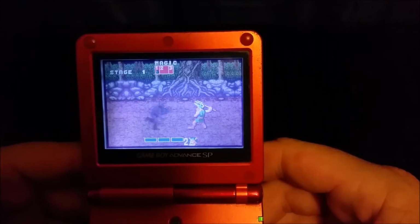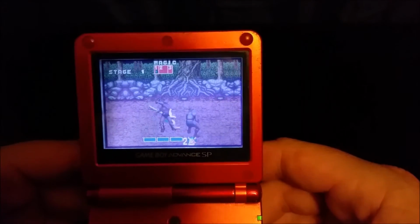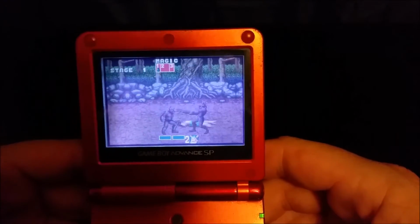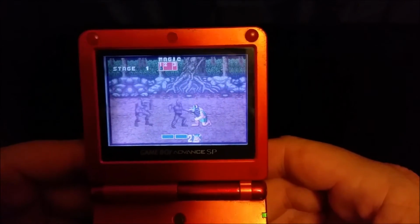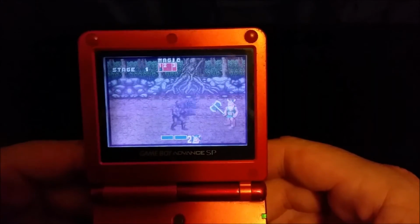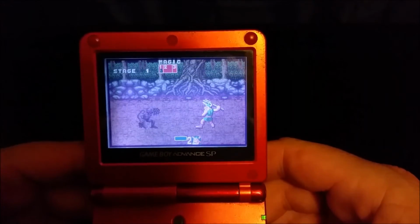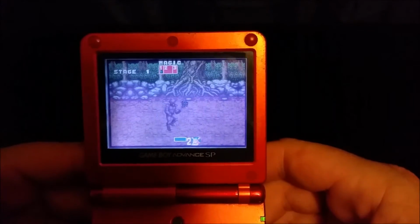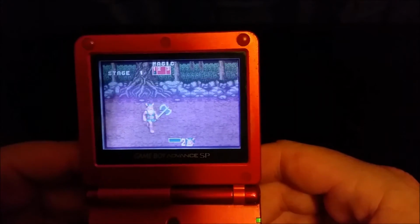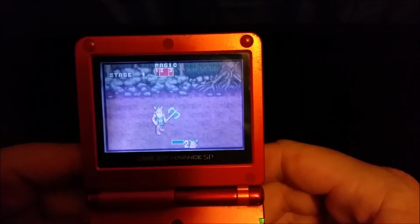Spam the charge move a little bit. There we go. Anyways, you kind of get the gist of the game. You get beat up by guys. No, you fight these guys. It's kind of the same, I think, half a dozen sprites they use throughout the game as far as common enemies. You know, they do some color swaps on the sprites or whatever, but Golden Axe is another one of